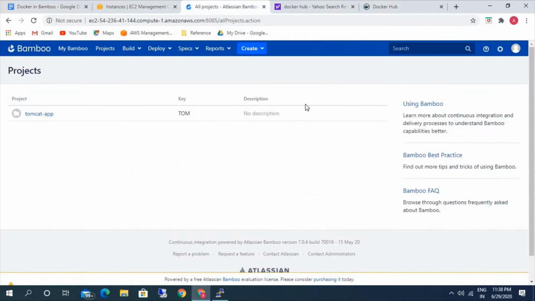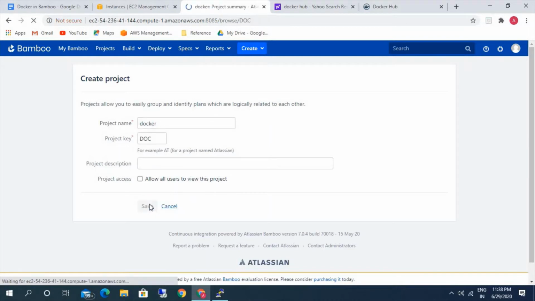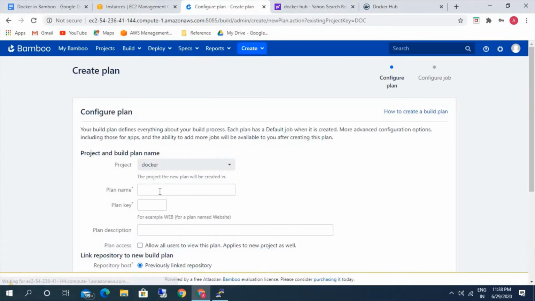So here you need to create a new project. We can name it Docker, and create a new plan in that. Here I'm going to give Docker Hub.